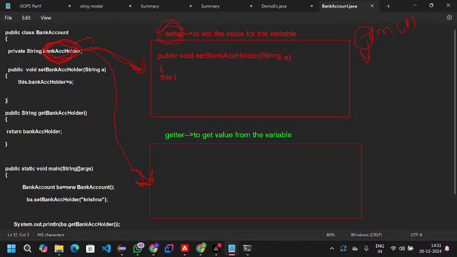This dot means the current class. This is the keyword we discussed in the last session. Current class object. This dot bank account holder equal to a. Why am I mentioning a? I am taking the values, and those values I am initializing. I am assigning them to this variable. So this variable is initialized like this. Okay, fine, very good. Next,